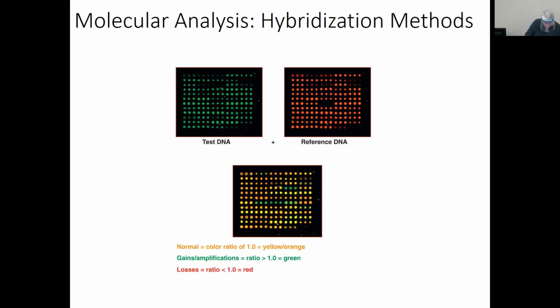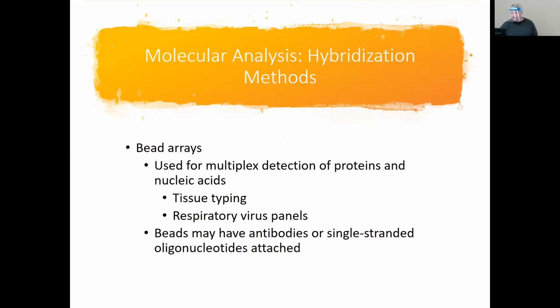Okay, so we can also use it for T-cell lymphomas. We can also use it for B-cell malignancies and graft versus host disease after transplantation. So it's a good way of picking up abnormalities, and it's an old way. You'll hear people say, hey, we used FISH, the hybridization method, to find the abnormal cells in the patient. We were able to diagnose the patient because we were able to locate the abnormal cells. So it's a way of identifying that.